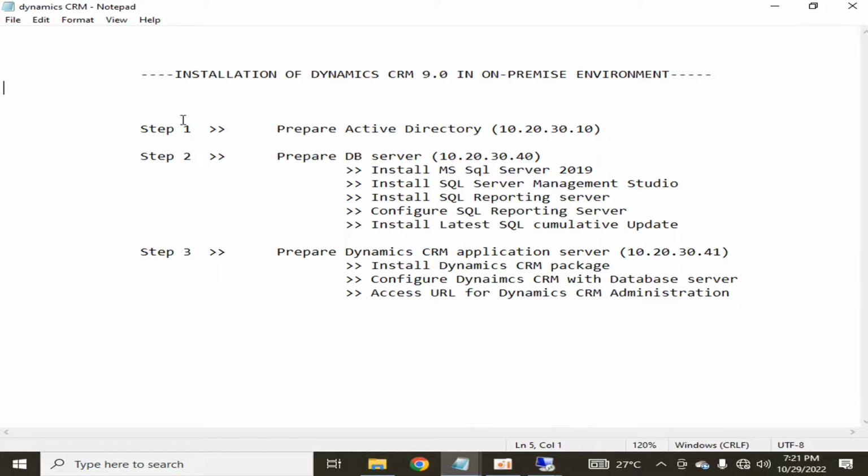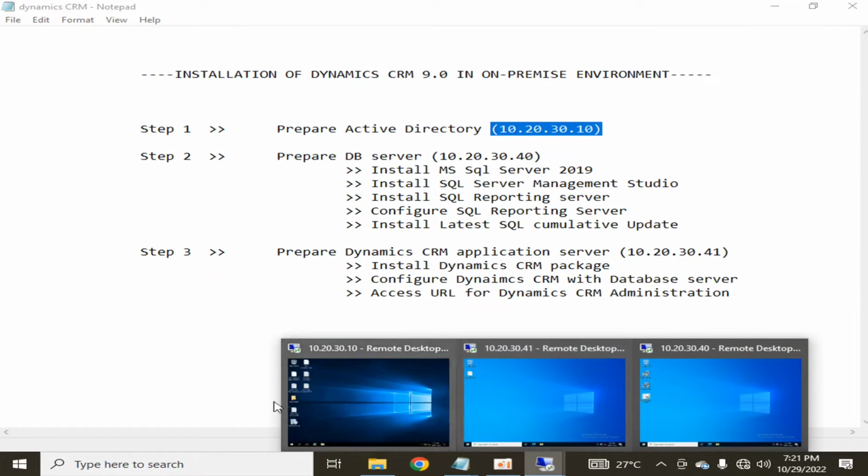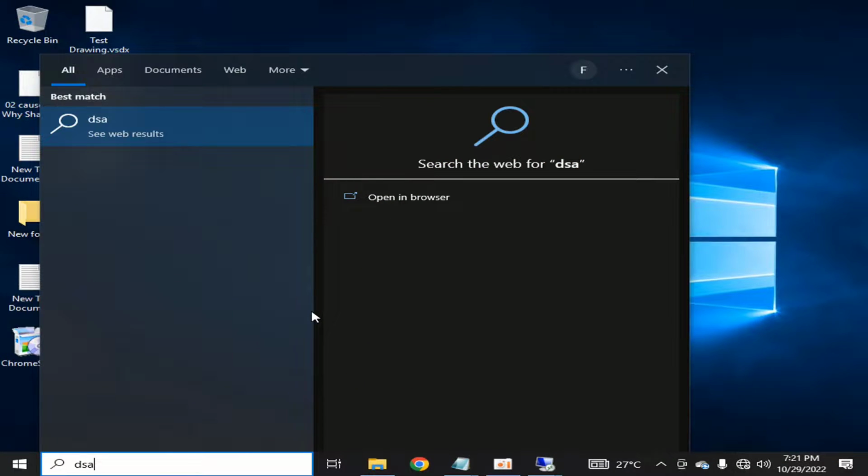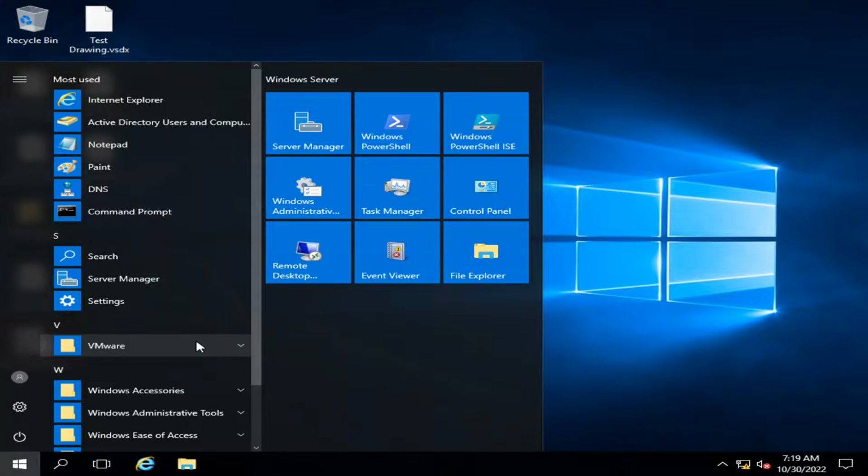Okay, there are three main types of steps that we will follow during the installation of Dynamics CRM. The first step is we will prepare the Active Directory. In my case, I have a server to which I have assigned a static IP, that is 10 20 30 10. That is my domain controller, and it also serves the Active Directory. In Active Directory, if I go to that server 10 20 30 10 and I go into the Active Directory Users and Computers, you can see that